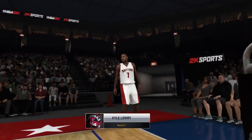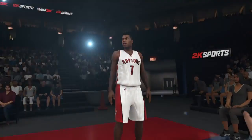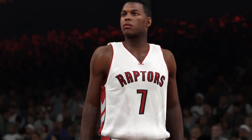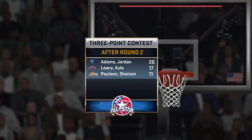So it'll be Kyle Lowry here. And Kyle Lowry is still building up his career percentage on threes, Clark. Yeah, but since the 2010... A total of 17 points that he'll take away from that round. And that brings the three-point contest to a close. Coming out on top of the kind of field...